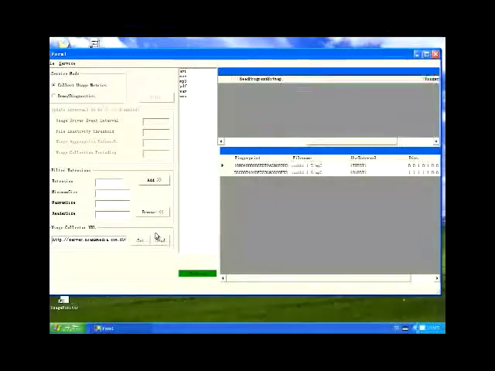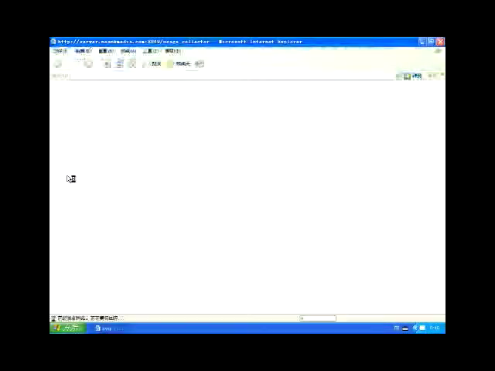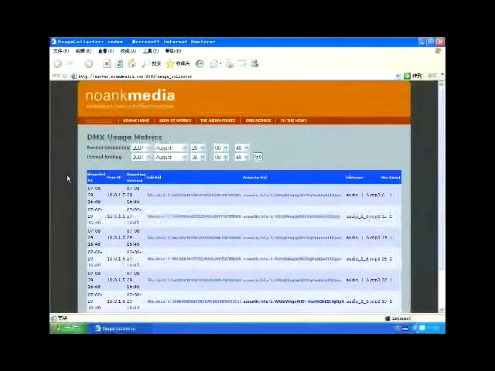I've closed it out, and now these songs have dropped down into the queue here, and I'm going to send them up to our Noank server. As I mentioned, this interface is only for demo purposes and won't be used on the user's computer, so sending the usage information up to our servers will happen automatically in the background. It's not something the user will do manually.